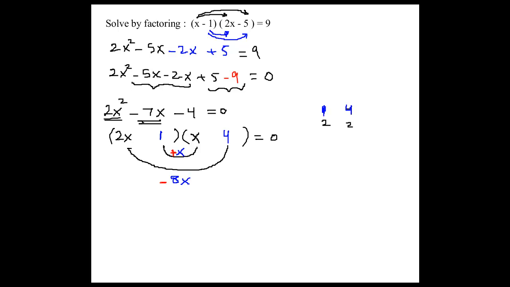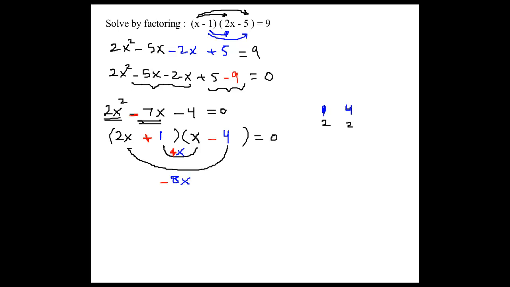So we need to have 8 be minus and x be plus, so it would be a total of -7. And to make this, you're right, plus has to be in front of 1 and minus has to be in front of 4. So once I get it to this point, let me ask